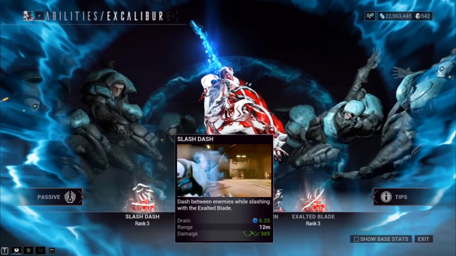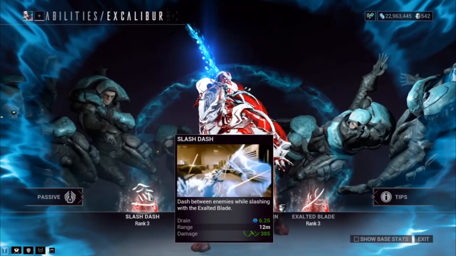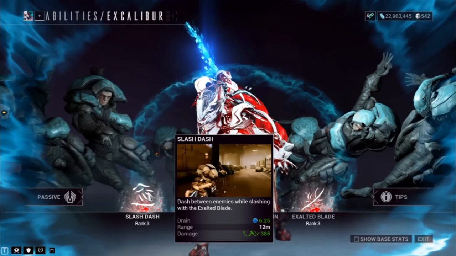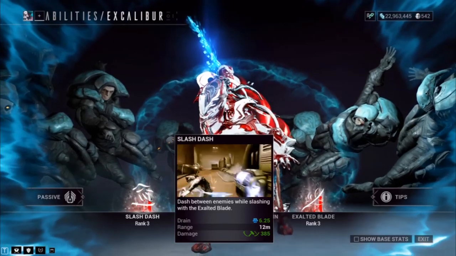Regardless, his number one ability is Slash Dash. Basically, Excalibur pulls out his exalted blade and jumps from one enemy to another, automatically targeting the next one. He'll then slash the enemy in half. Doing this, you will be gaining invincibility frames. So in other words, during the animation, the enemies will not be able to kill you or damage you in